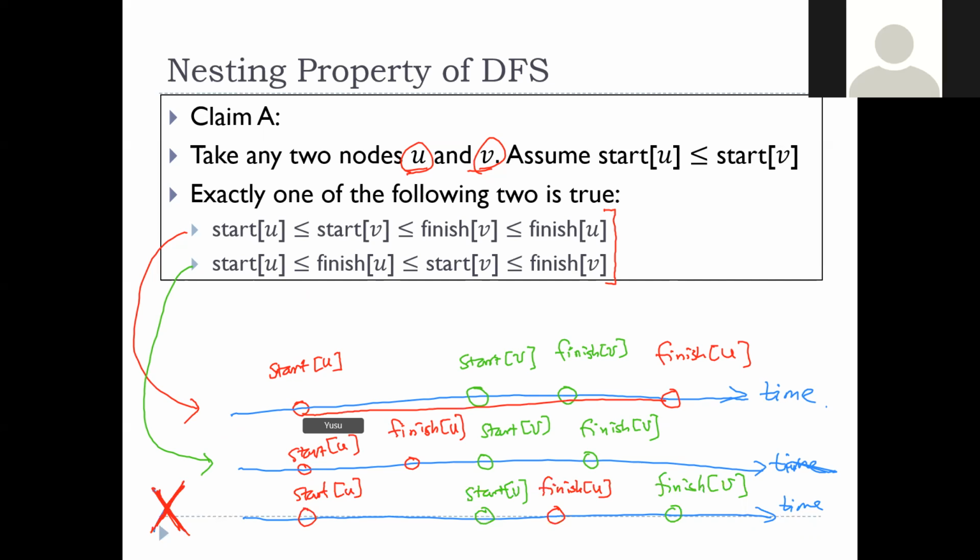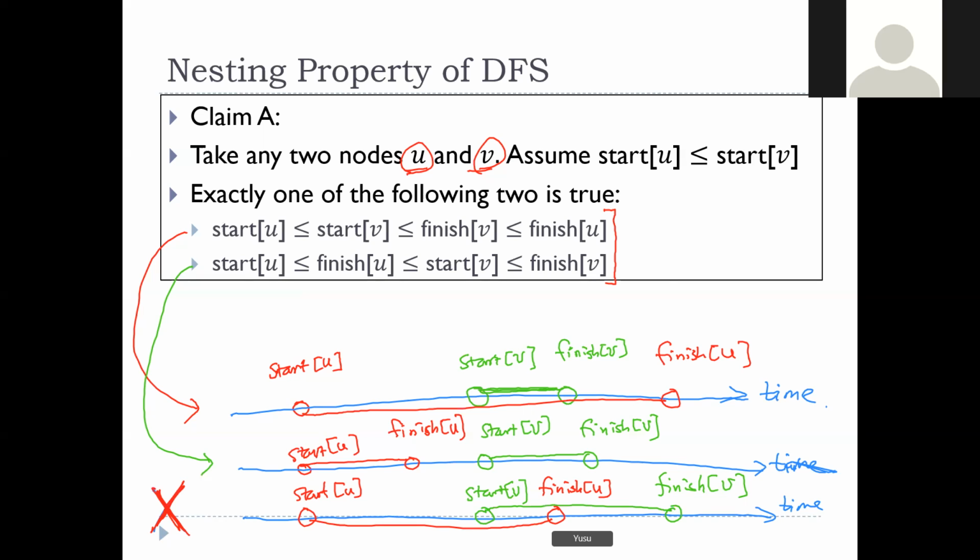You can think of start and finish as the lifetime of U. Either the lifetime of U includes the lifetime of V, so they have a nested relation, or the lifetime of U is completely disjoint from the lifetime of V. You finish exploring U before you start V and finish V. The last case is not possible, which is that the lifetimes of U and V intersect, but yet they don't